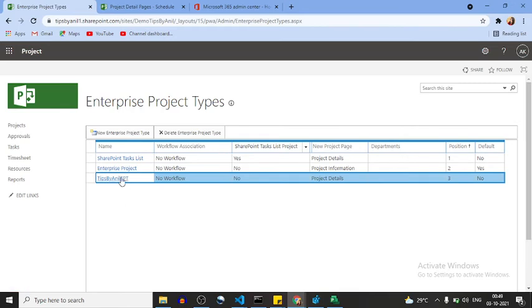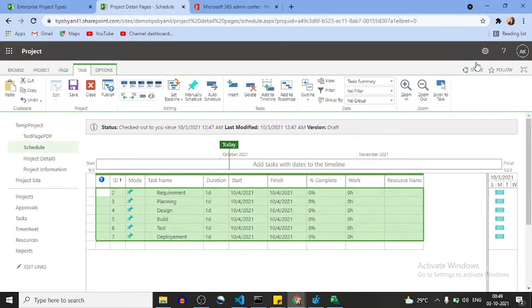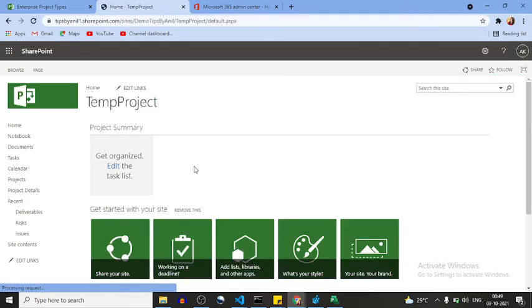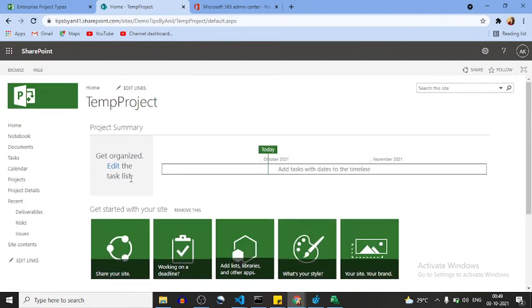Okay, now one more thing I want to let you know, the project site. So here is the project site. This project site has been created.